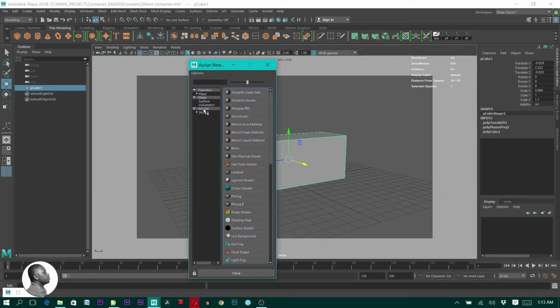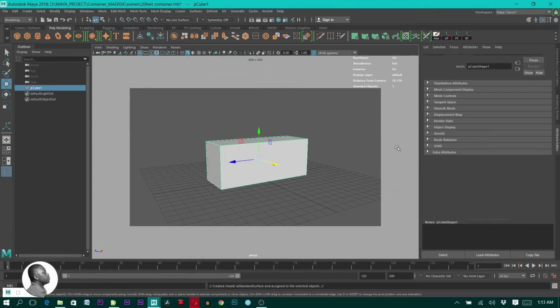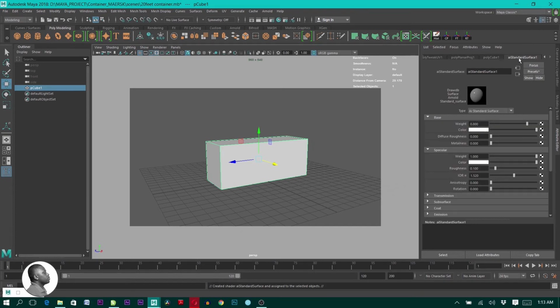Assign New Material, click on Arnold and aiStandardSurface. Now let's navigate through and select the surface. What we want to apply first is our bump map. So let's come down